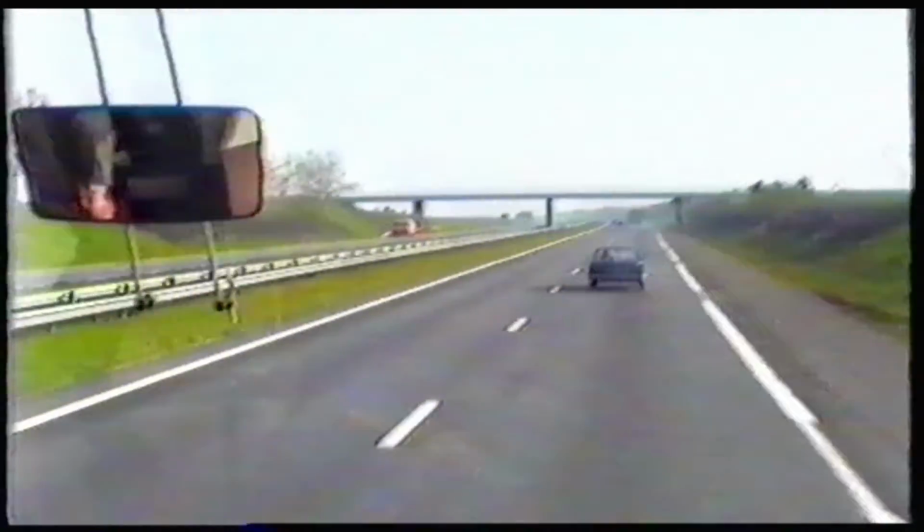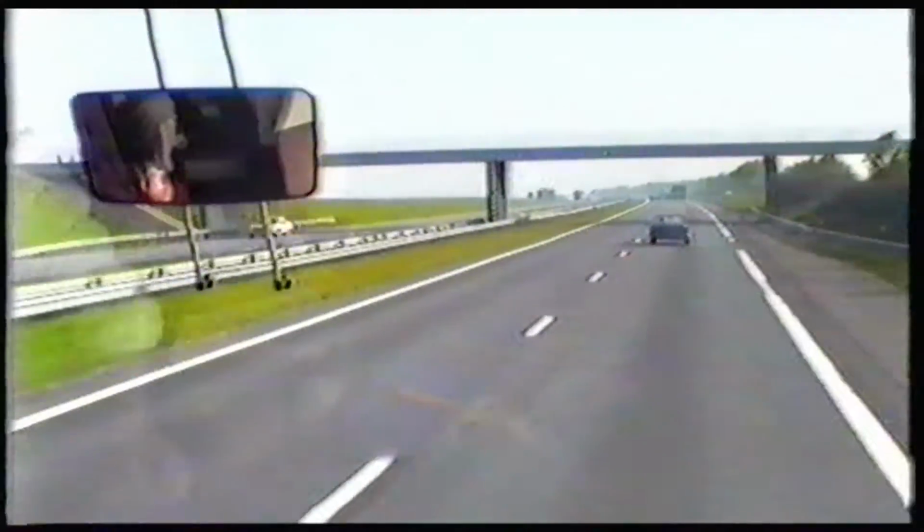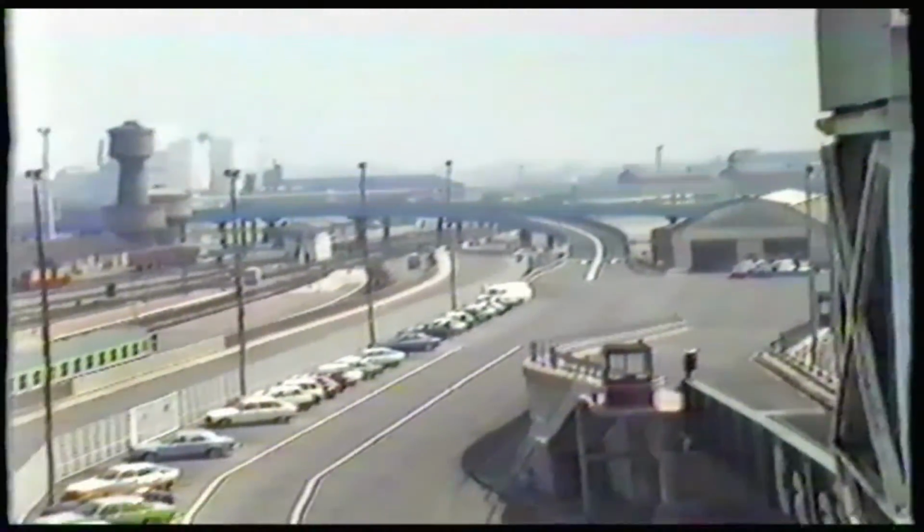Here's an example of the roads heading north out of Paris. Hundreds of miles of these. Now we're back in Calais. This will give you an idea of the port. Sand hills that just over that is the English Channel. Just another view. Here's one of the beaches that